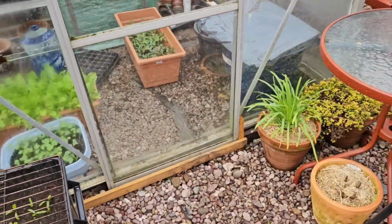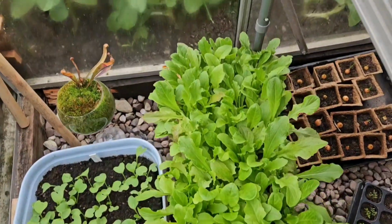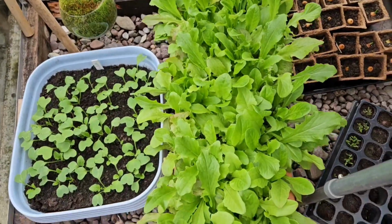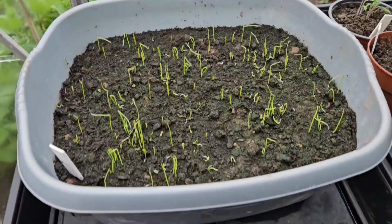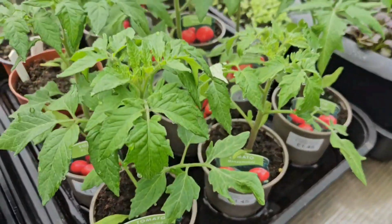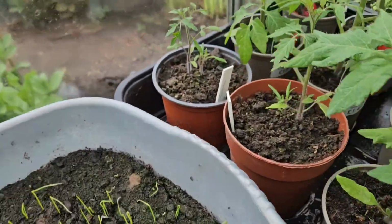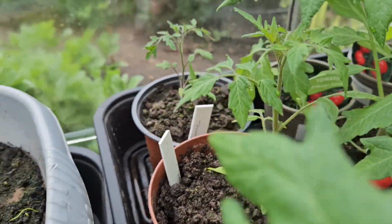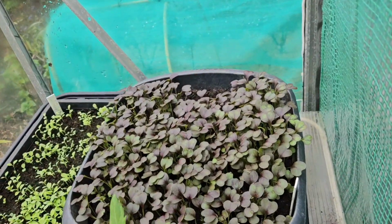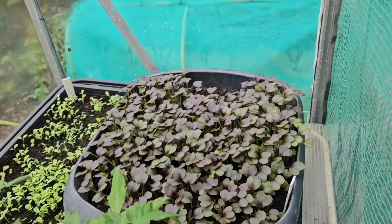Right, quick roundup of what's going on in the greenhouse. More radishes. I am picking the mesclun mix lettuce. That's being picked. More spring onions. That's the thyme. That's the tomatoes which I bought to save me having to sow any more tomatoes. That's the 2 tomatoes which came from the halves which I sowed. More mesclun mix, more red ruble kale,